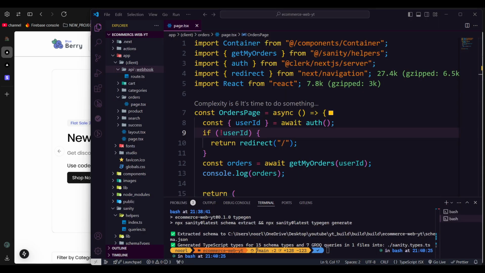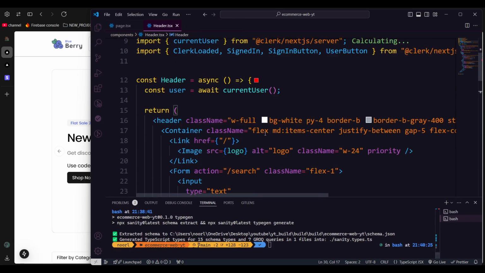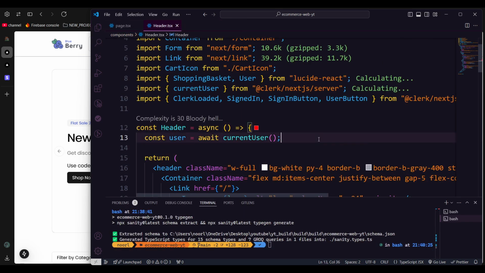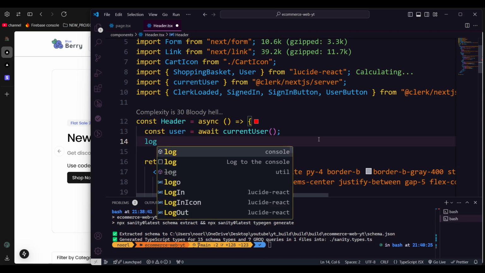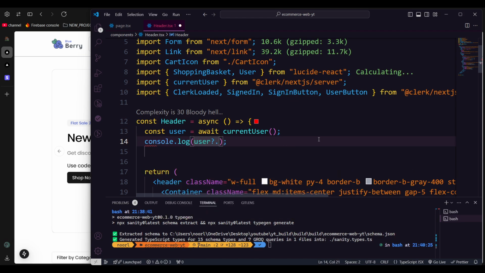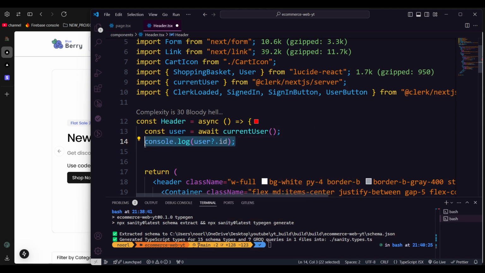Now, as we have the data in those properties, we can showcase that data in our header. How can we showcase it? Remember, we can simply go and grab that. Remember how we get the user ID. I think that user also has an ID. So if we log user dot ID, yeah, we have the user ID from here also. So now we can check if we have user dot